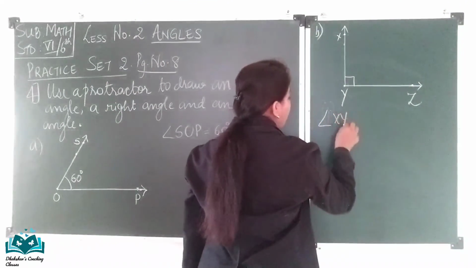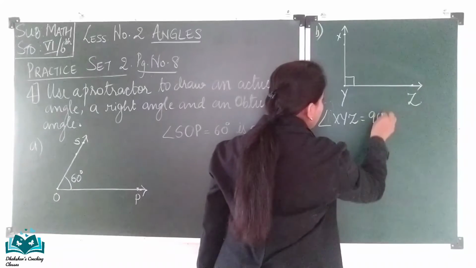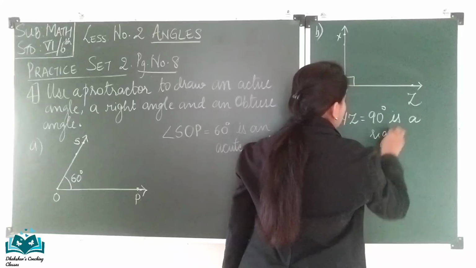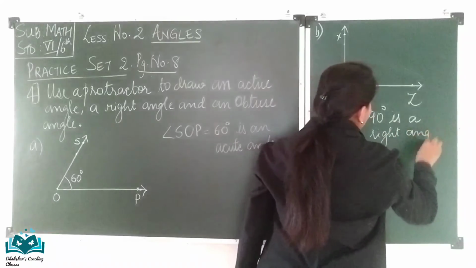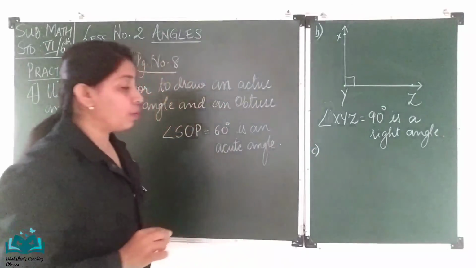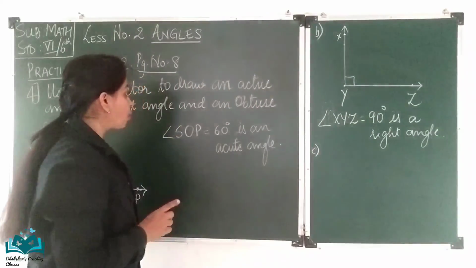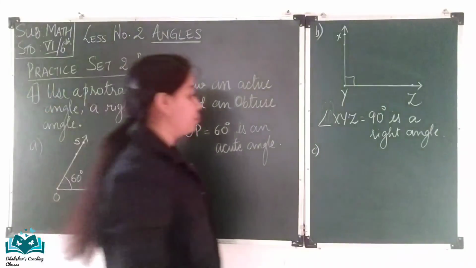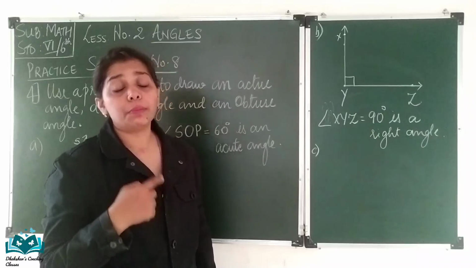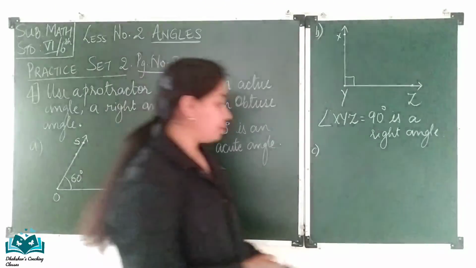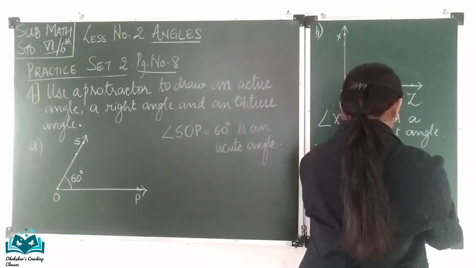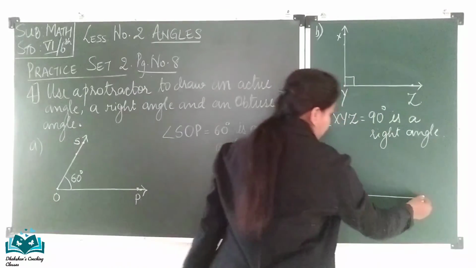Angle XYZ is equal to 90 degree is a right angle. The last question of this exercise is to draw an obtuse angle. Obtuse angle, the measurement should be more than 90 but less than 180. The same process we follow. First, draw a straight line with the help of a scale,